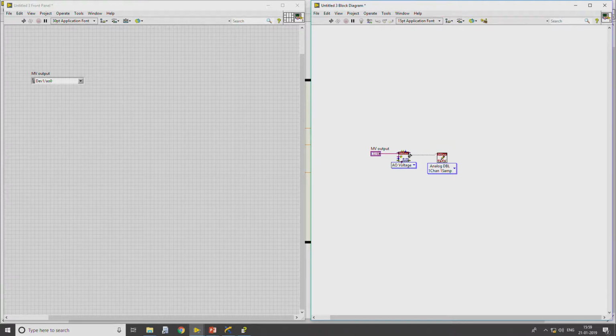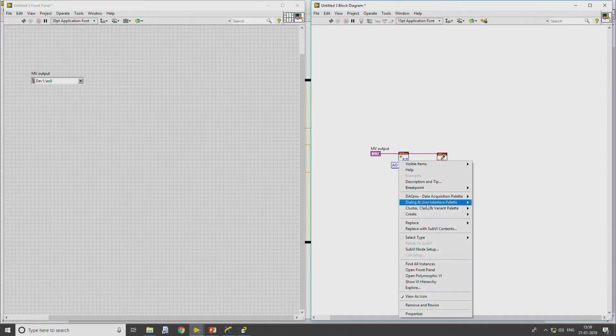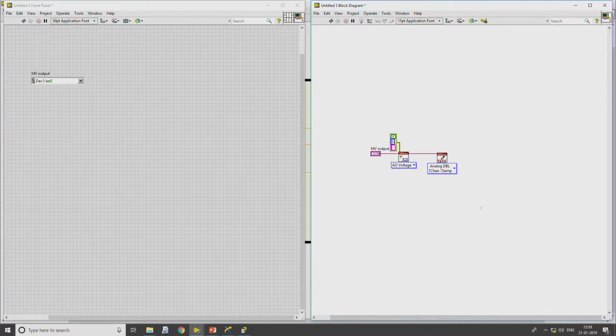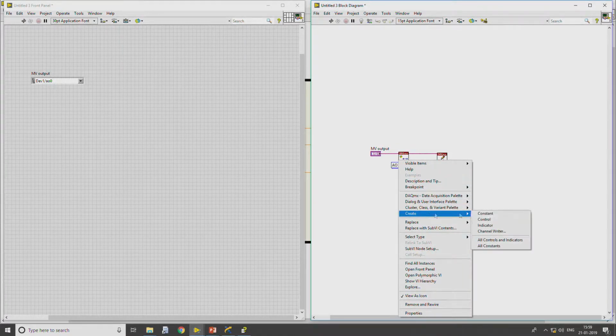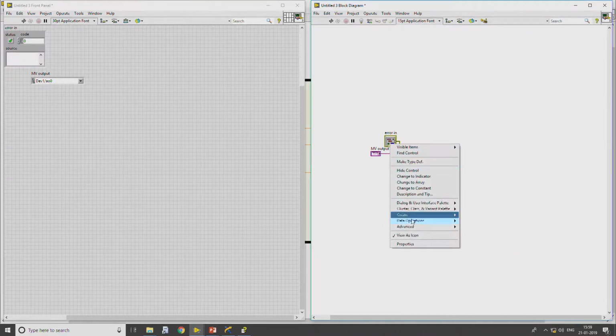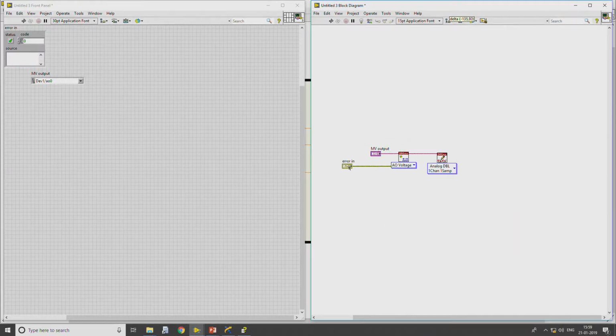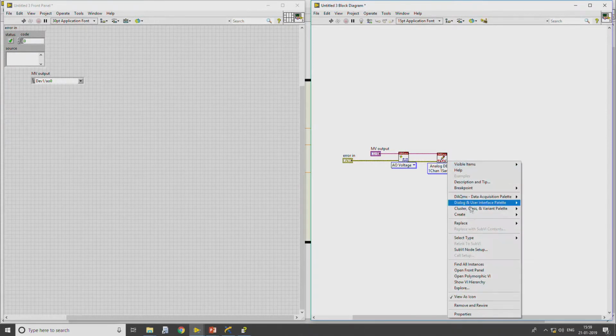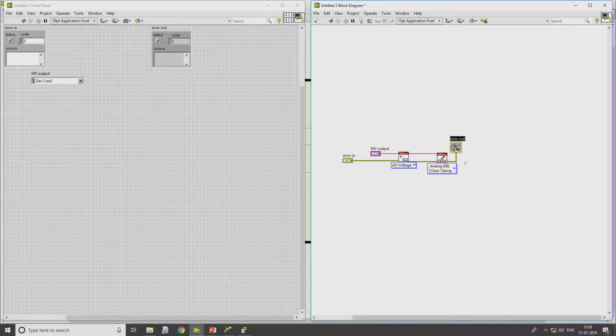So I have created a task which contains this physical channel, then I will create an error control, and the output of this will be connected here, then create an indicator.